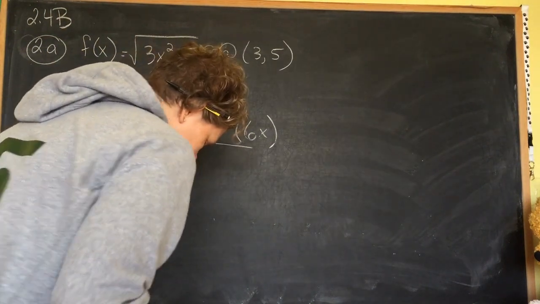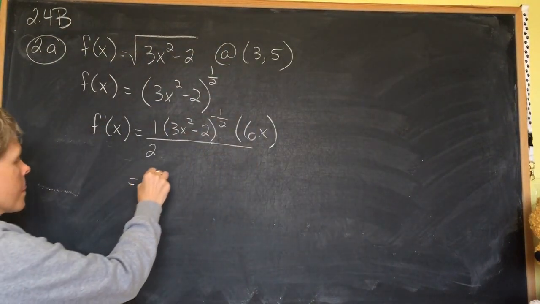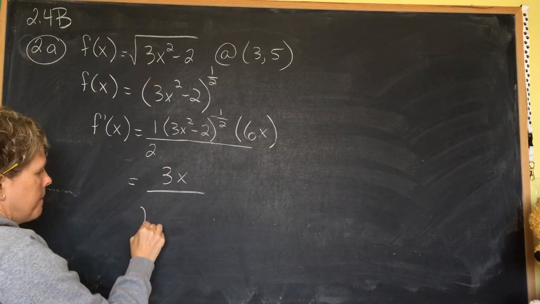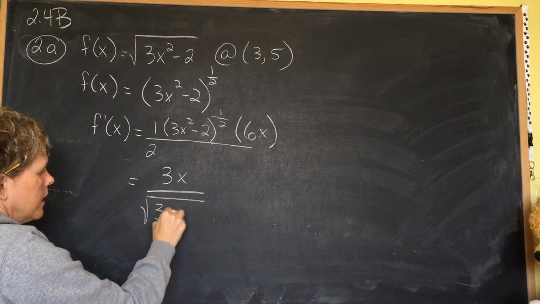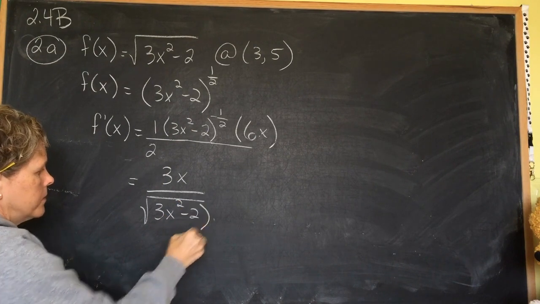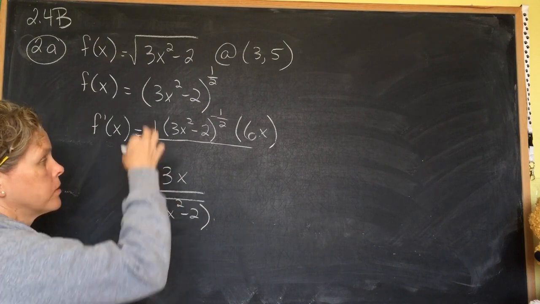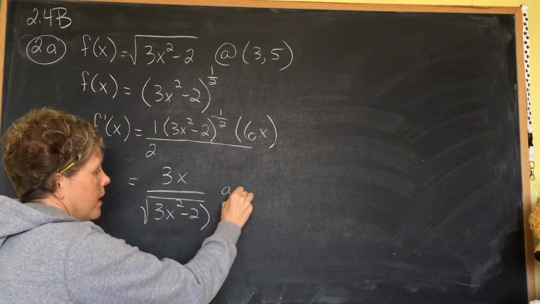So my derivative is going to be 3x over, and if I move that to the bottom and put it back into a square root, I get the square root of 3x squared minus 2. Okay, so there's my derivative. Now I actually have to go through and plug in at that point. So now at